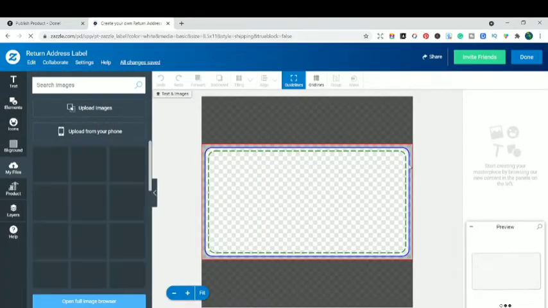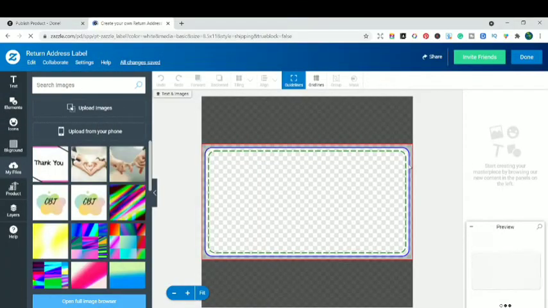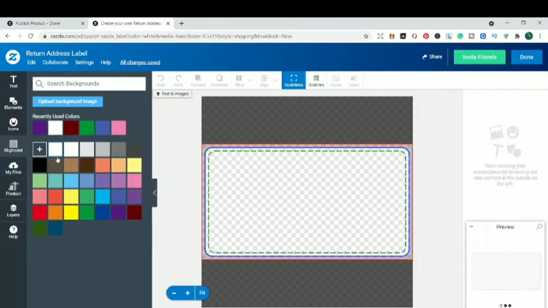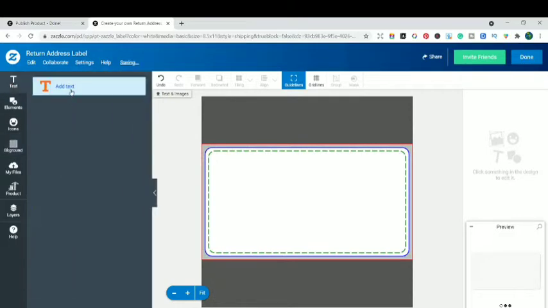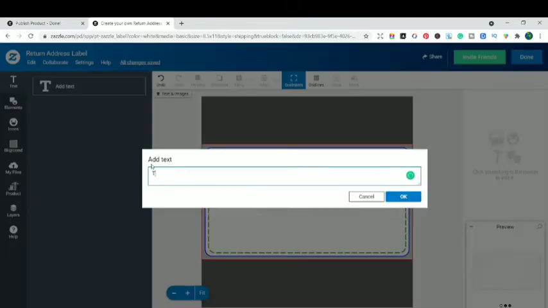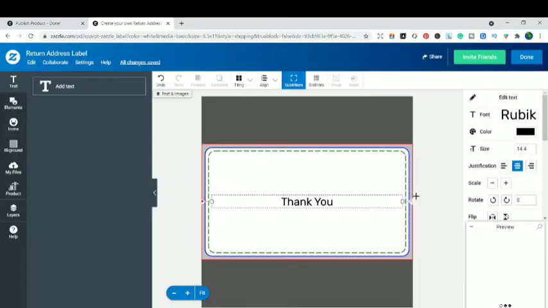Now here I'm going to type the same thank you that I put on my previous design, and then I'm going to show you the difference between them. So we're just gonna keep the background as white only. I'm not gonna be placing any background color over here, and we're gonna be adding the text. So the text will contain the thank you only. That is the simple text, the same as was in that design. I'm gonna be increasing its size to 34.